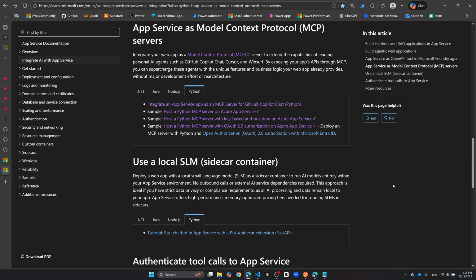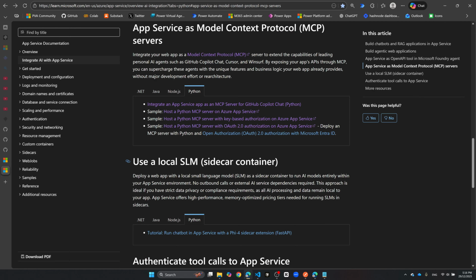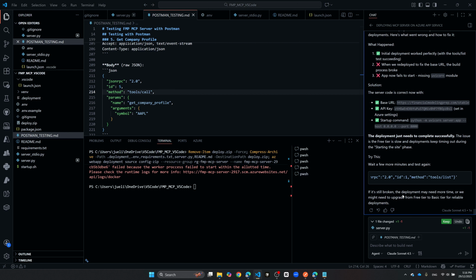So that is the end of the tutorial on how we can publish an MCP server and have it hosted in Azure as a web app. As you can see, it's a very well documented process, especially for those who understand Azure web services and understand how an MCP server works. It's a quite straightforward process. But for those of you who don't know much about coding and are just flying blind, relying heavily on the coding agent, you need to be very careful, because as we all saw,